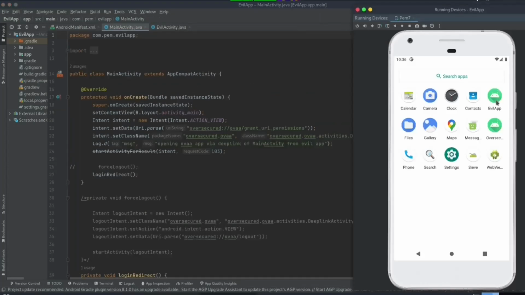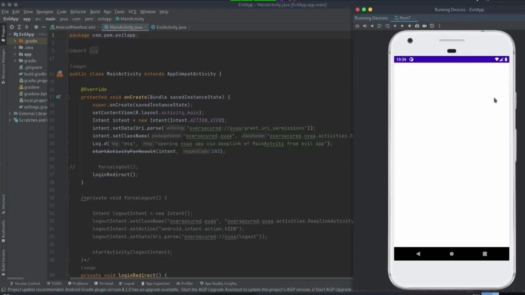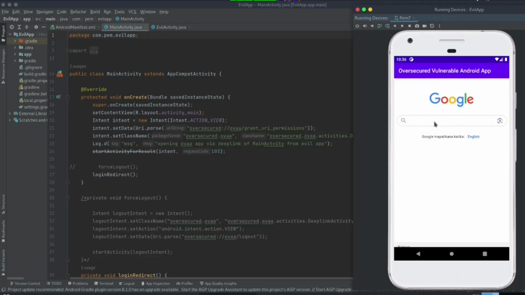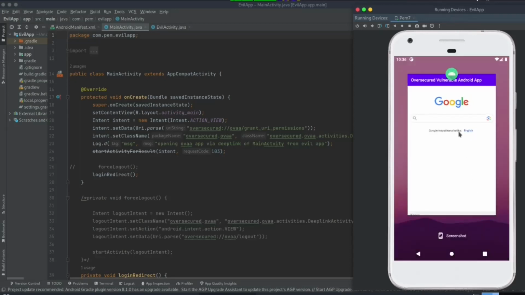So the application is installed on the emulator. So let's try to open this evil app and see what happens. Fingers crossed. Let's see. Hopefully it opens, a bit slow. Perfect. You can see we've successfully opened Google inside this application. So this is basically some of the most common vulnerabilities that are associated with extras being passed. When you see anything that is being passed as an extra, try to be creative and find a way in which you can use a sensitive component, activity or whichever that is,